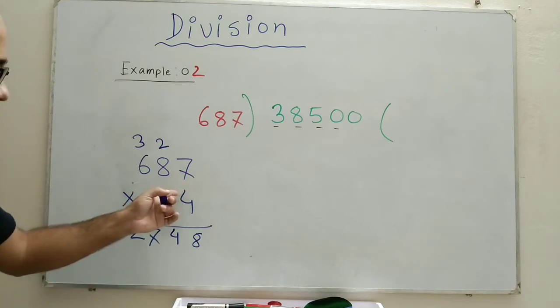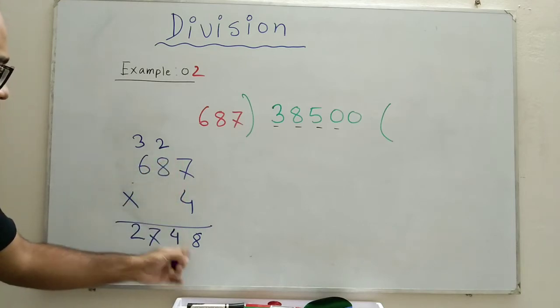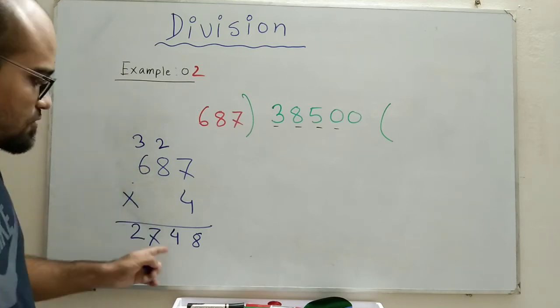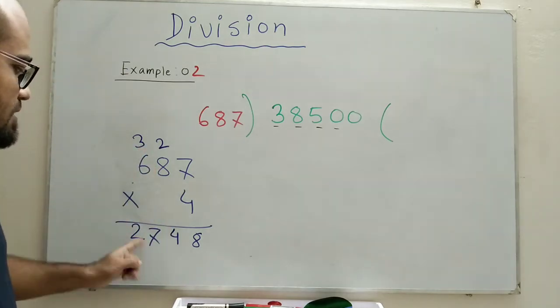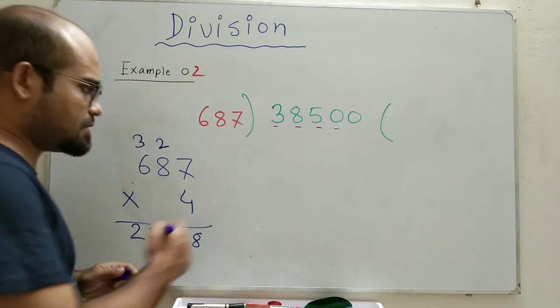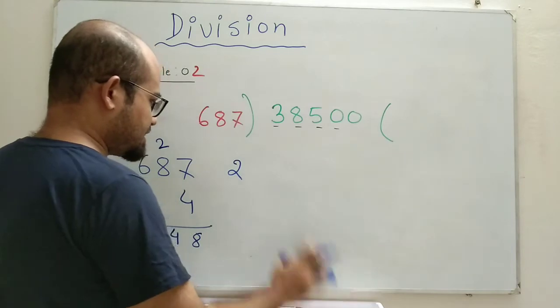Well, let's carry it out again. 7 times 4 is 28. 8 carry 2. 32 plus 2, 34, 4, carry 3, 24 plus 3, 2748. Seems a good choice, but as a check, let's